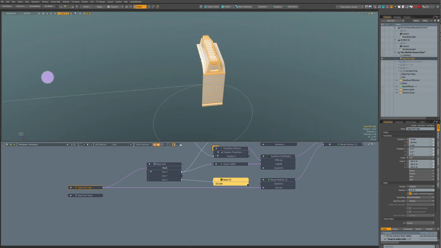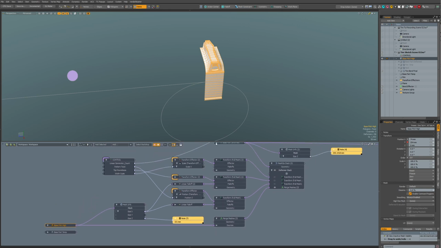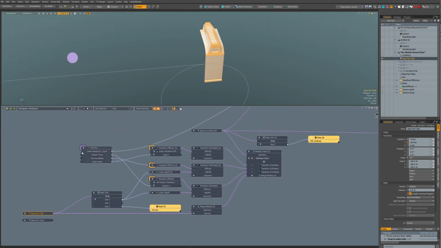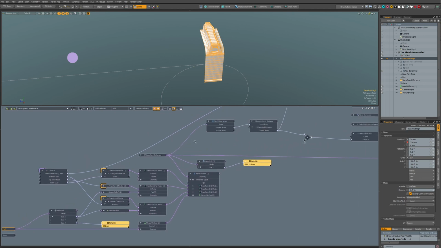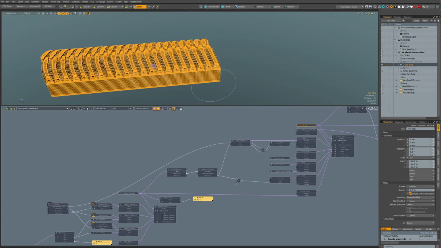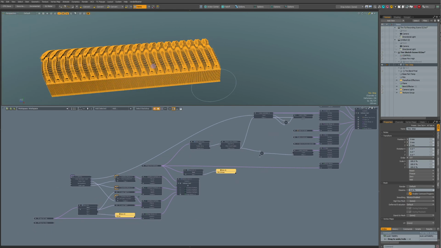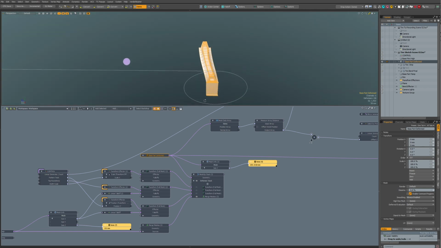So this is the first part of this tire, and this one is duplicated along this strip here, but before it's duplicated, it's deformed.